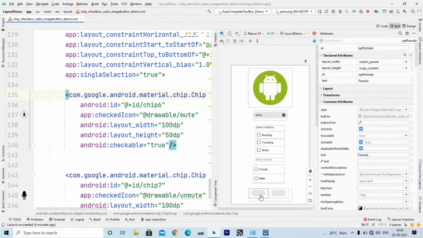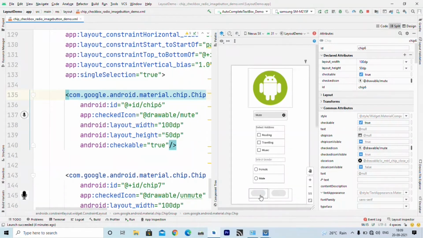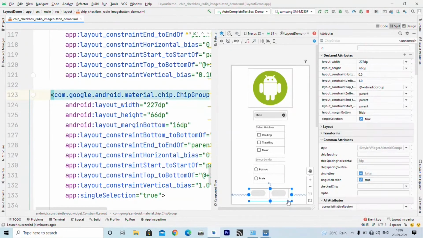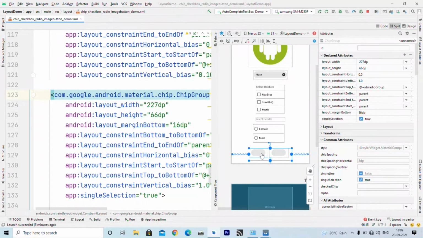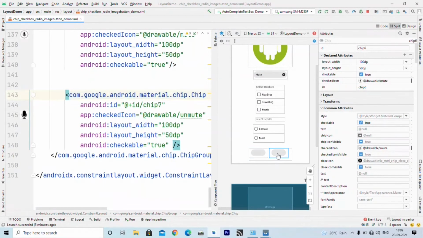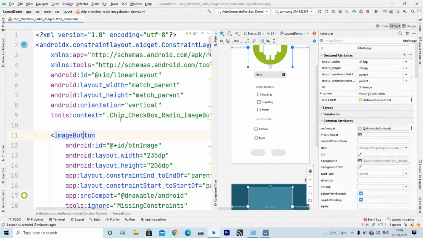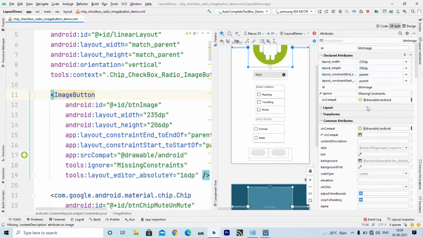The next is called chip group. So, here you can see we have chip group and inside chip group we can place chip. So, here I write down 2 chips, one chip and second chip. So, let us try to understand these. So, inside image button in source compact like image view you can specify your image.